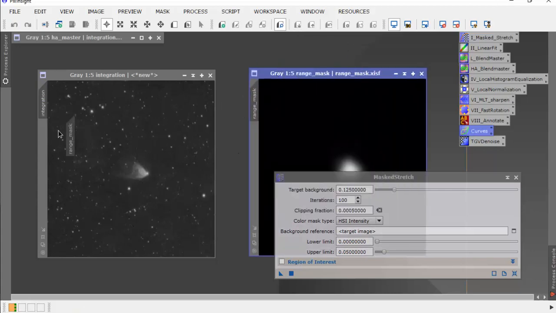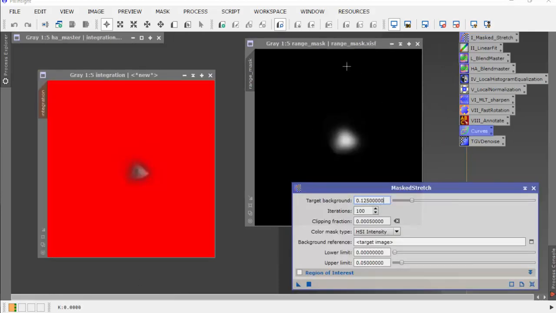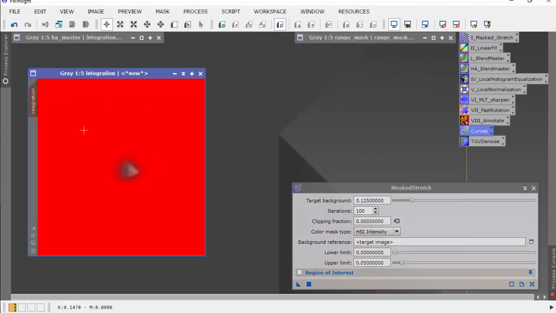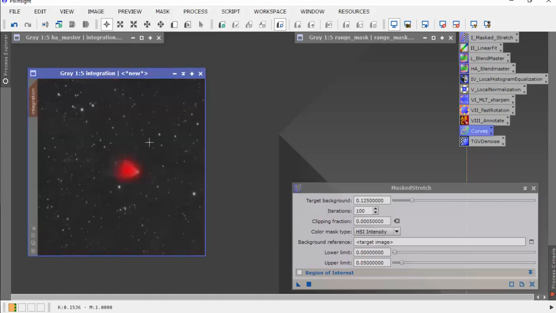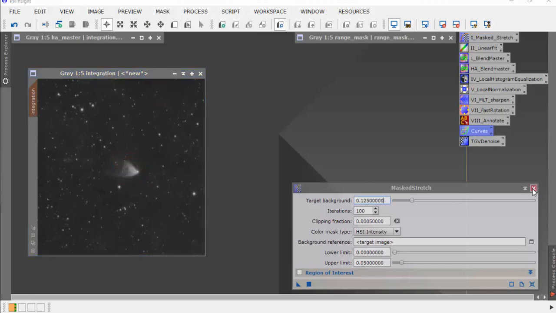So we need to put a mask on the image. The mask that I'm using here is a pre-prepared mask, but I will show you a bit later on in the video how to actually make this mask. So I have a range mask which I've just put on the image, and we want to be working on the background, so I need to invert the mask like this, unshow it like that, shut down the MaskStretch, and